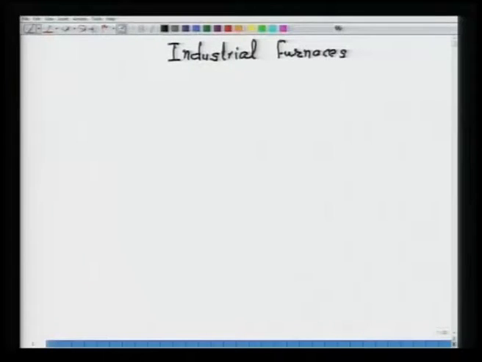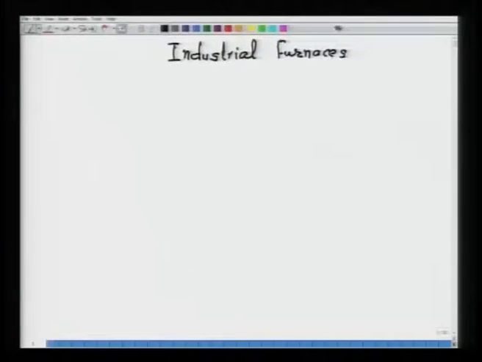This lecture is in continuation of the lecture of additional topics, industrial furnaces. Why I selected this lecture is simply to illustrate the various concepts which I have delivered in an earlier lecture on industrial furnace. Now, here I will be illustrating those concepts by solving a few examples. Here is example number 1.